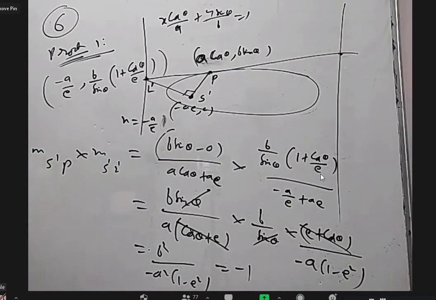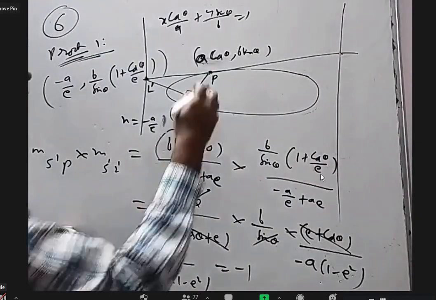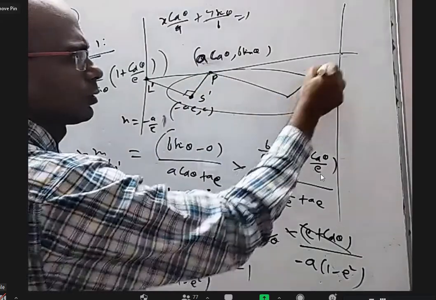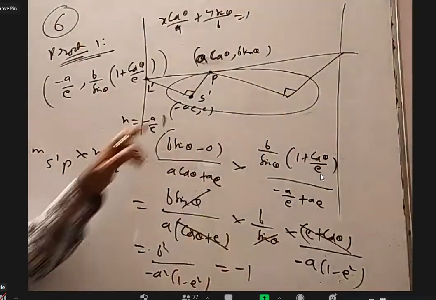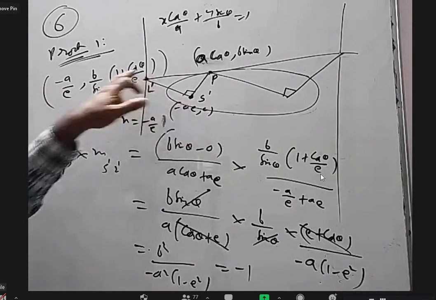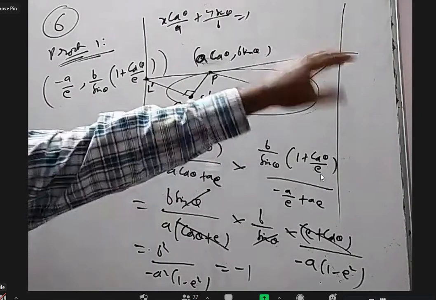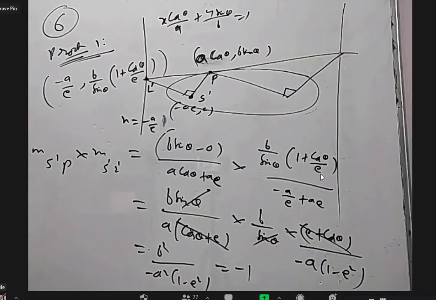Sir, yes, please. Here the angle between P, S dash and the other point of contact with directrix is not 90. That will be 90. You take this focus and join to this one. That is also 90. With S dash only, sir. One minute. Want to join S dash to other directrix? Yes, sir. No, that is not 90. Okay. When you take this focus, you have to take this directrix only.